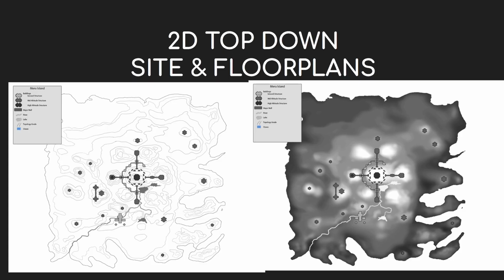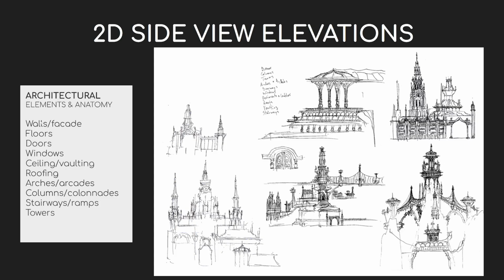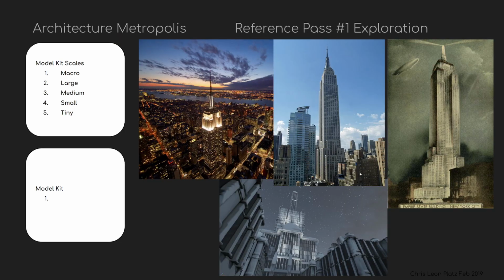And here's some of the level mapping. So you could do a quick top-down site plan, floor plan with a key on there, and then some elevations. Again, trying to identify the core architectural forms. So those domes, columns, towers, and how they can be restructured and displayed quickly with little ink drawings. And then, of course,